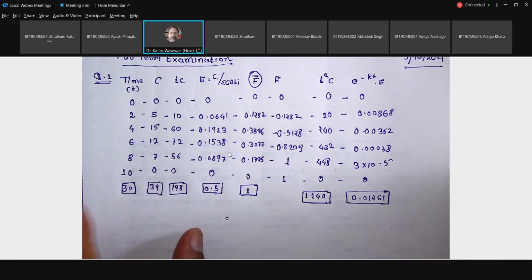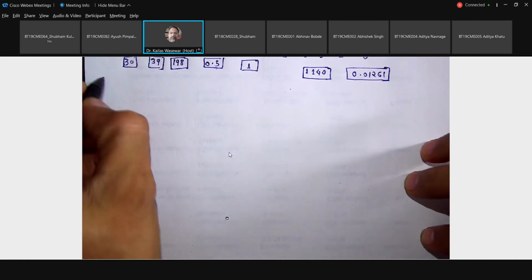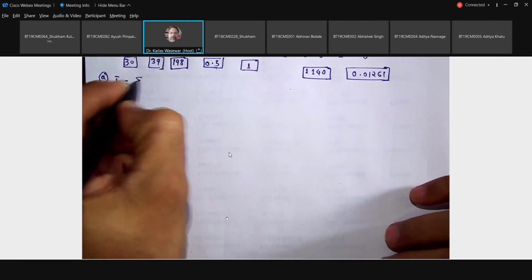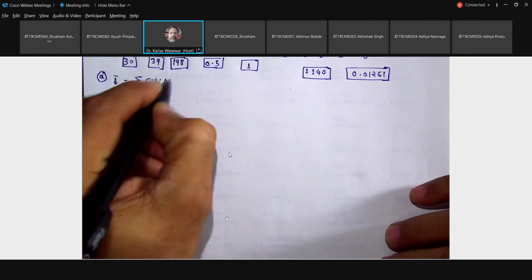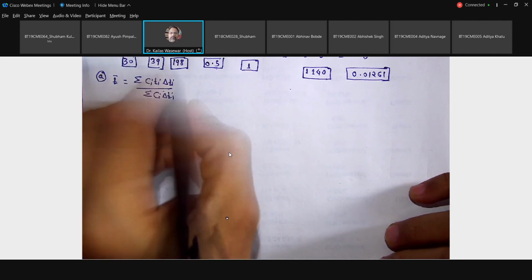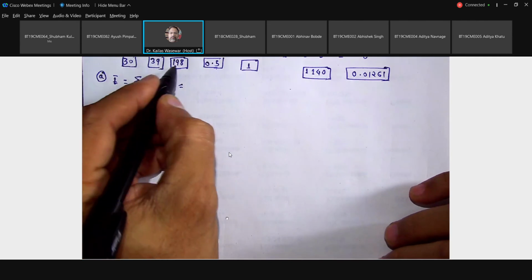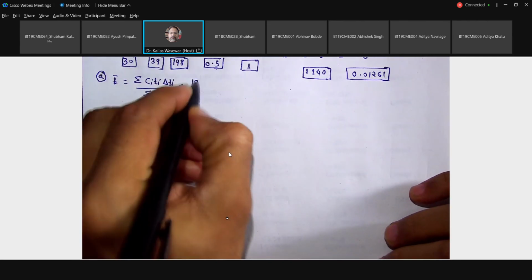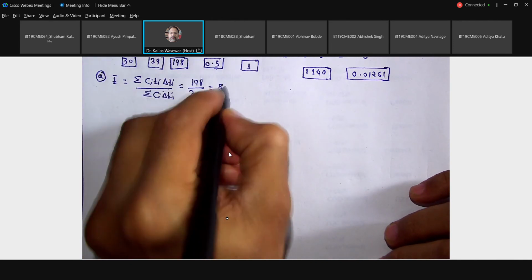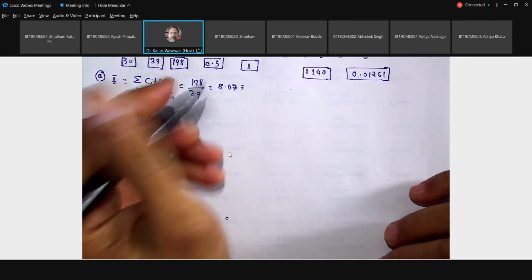Then further, you can go for calculating the first, mean residence time. It was very easy, that summation of Ci, Ti, delta Ti, then summation of Ci, delta Ti. So delta Ti is the constant 2. So directly Ci, Ti divided by summation of Ci. So 198 divided by 39, which is coming to be 5.077, okay, which is in minute.